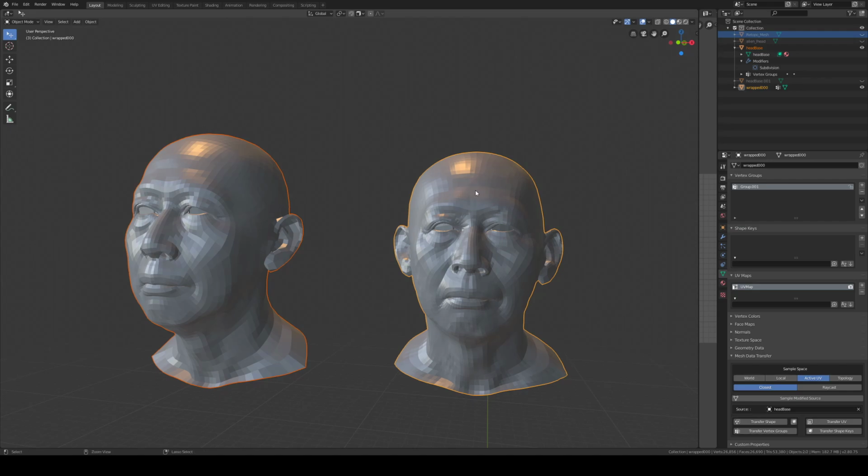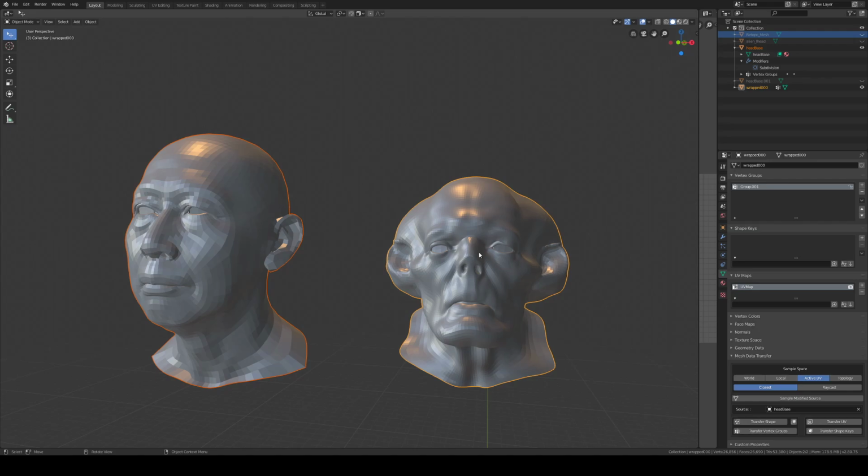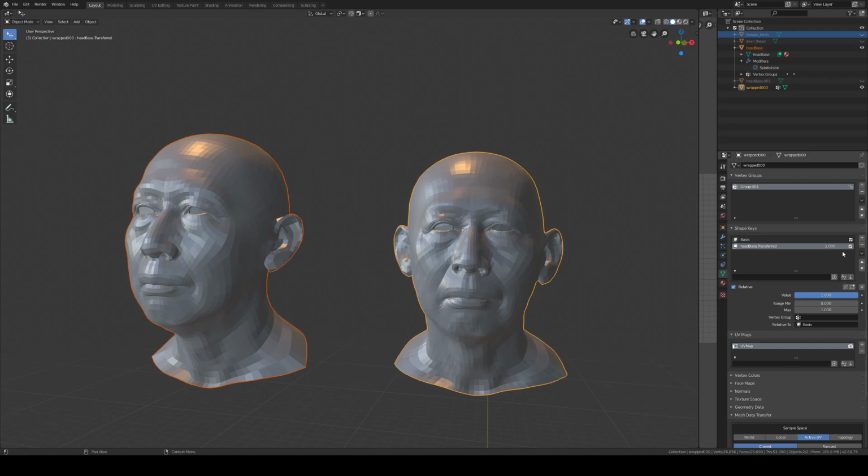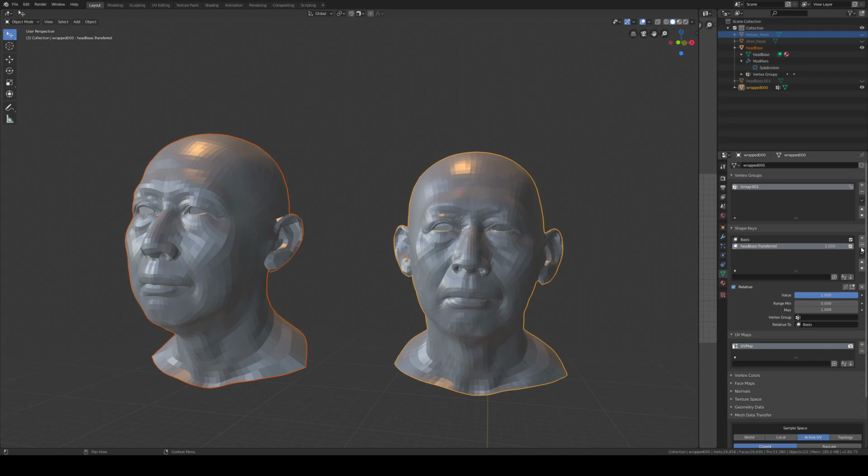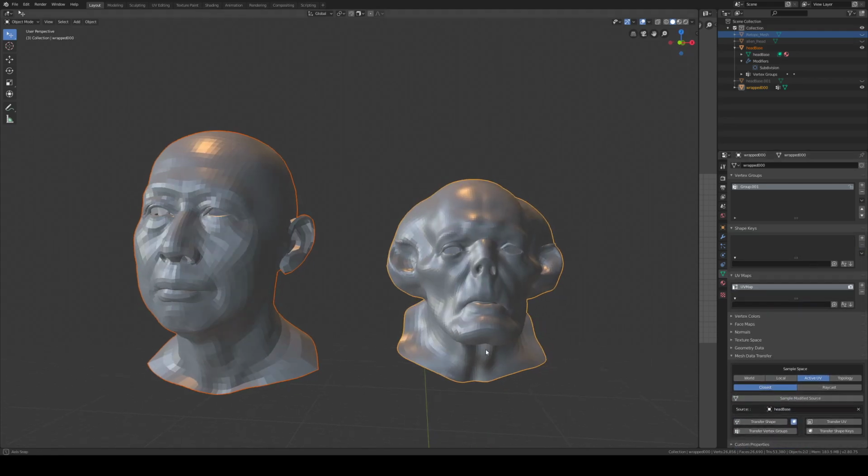If I want to keep the original position, I can transfer the shape as a shape key. So if I do that, this is a shape key. Okay, so it's keeping the original pose. One thing is that, as you can see, the poly count on this mesh is higher than the source. So the final result